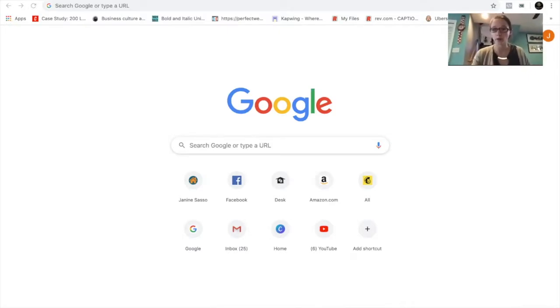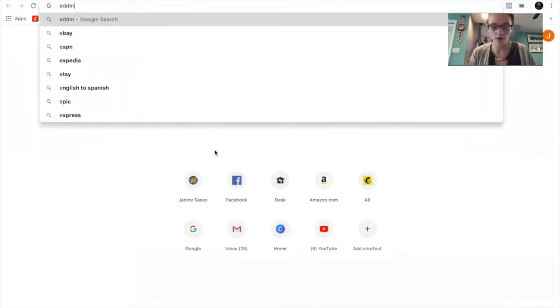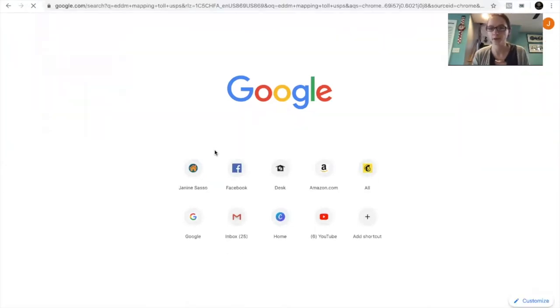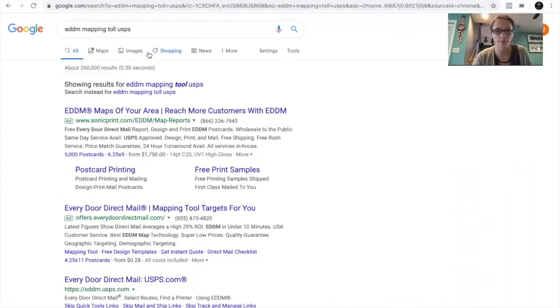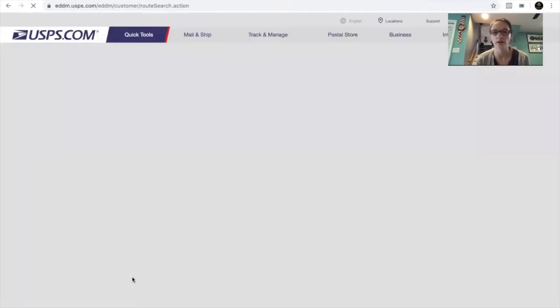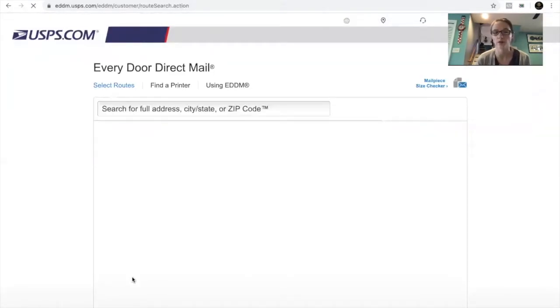We're going to learn how to use the EDDM mapping tool by the United States Postal Service. The easiest way is just for me to Google it. There it is, eddm.usps.com. This one is Every Door Direct Mail, the most affordable way to send mail to a certain